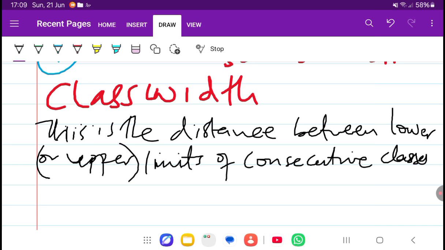In other words, it's the difference between the lower limit of a class and the lower limit of the next higher class. So it can also be the numerical difference between the lower class boundary and then the upper class boundary. But remember, the class boundaries, they are not the same as the class limits. So let's maybe do some small computation to get the class width